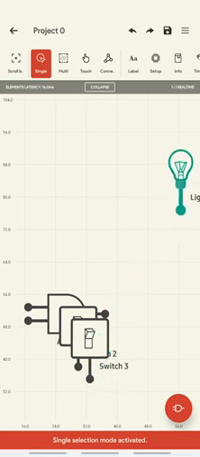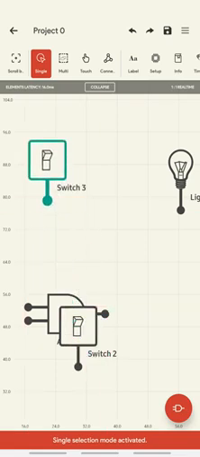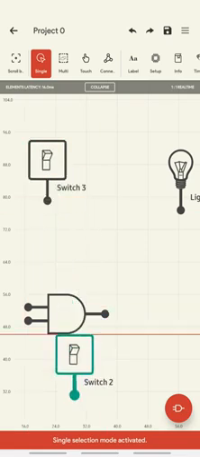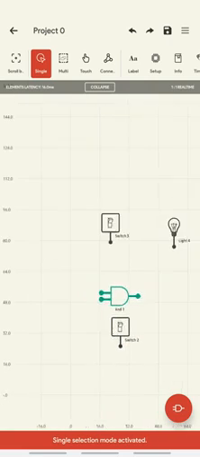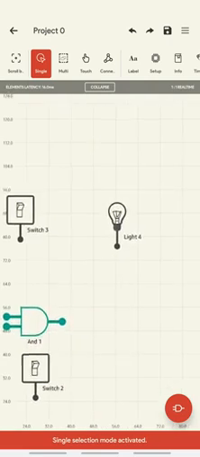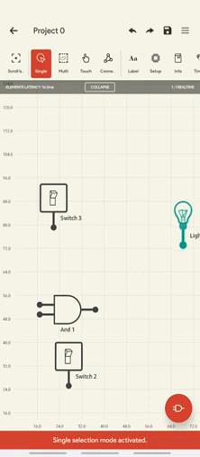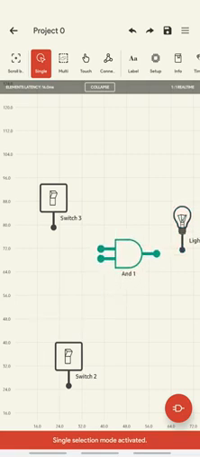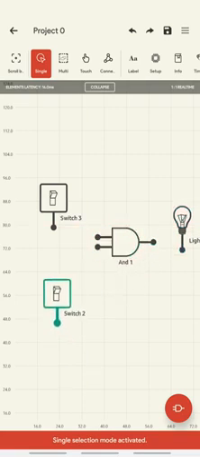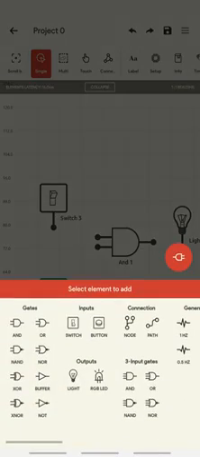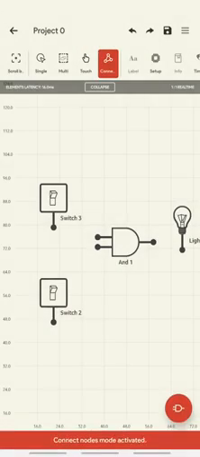I'll place them in such a way that you can see. Now from this again you can take the path. Switch 3 is connected to this and output is connected here. Now this is the circuit for testing the AND gate.